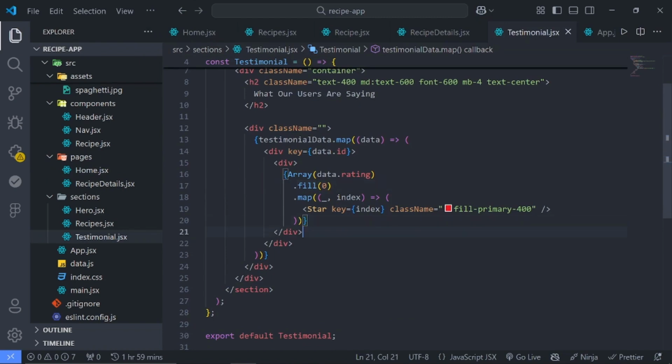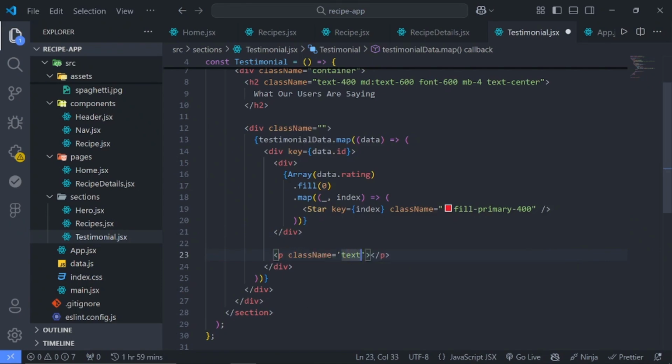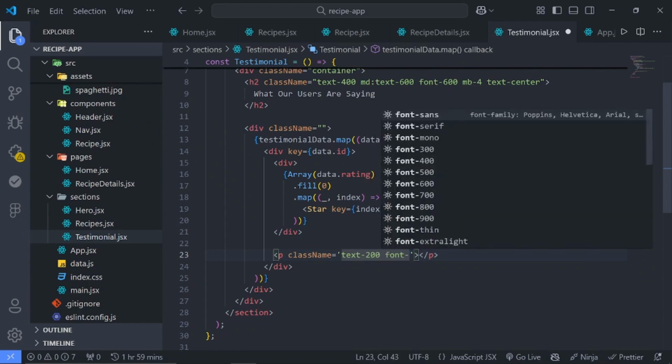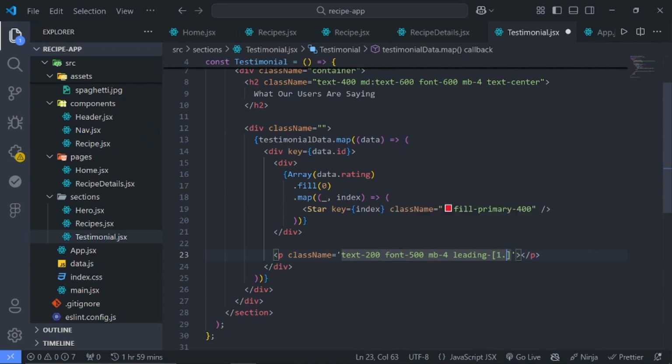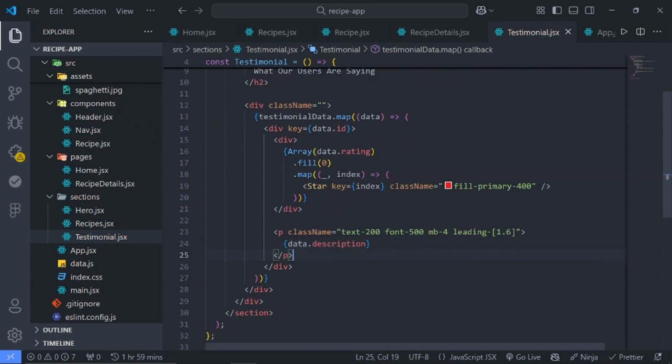So underneath this div, create a p tag and we'll give this a class name and set the font size to 200, font weight to 500, add MB of 4, and line height should be 1.6, and we're passing the data.description. And for the image, we'll create another div, and this should have a class of flex